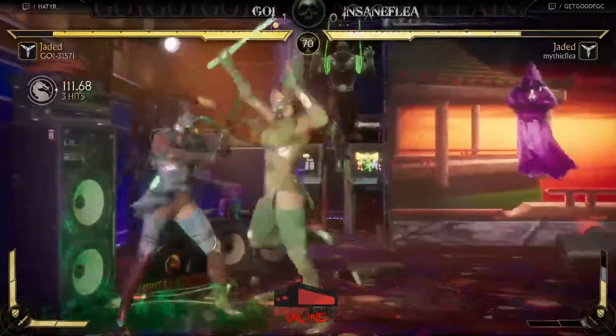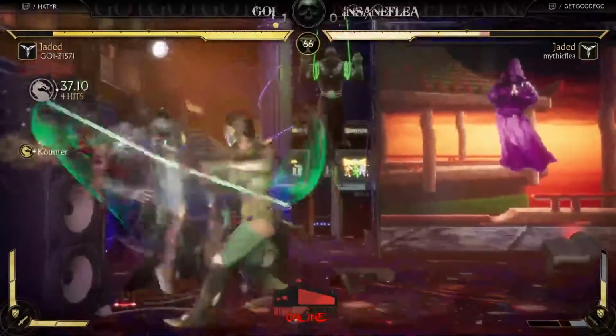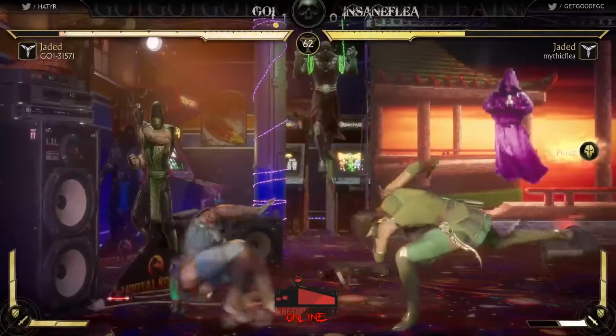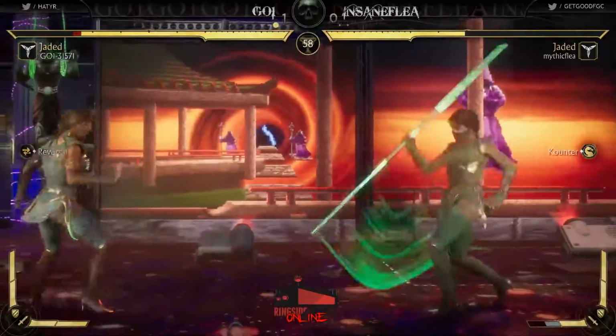Wow, nice challenge on the gap between the meter burn on the projectile. Yeah, good little duck, because both of those projectiles, especially the amplified, are high, so you can absolutely interrupt it with a duck. Ooh, I feel like Goichi down here is...